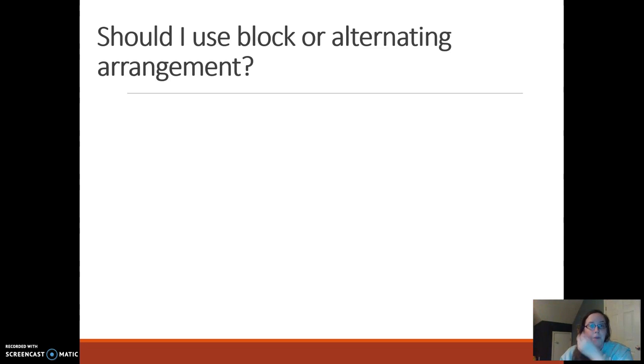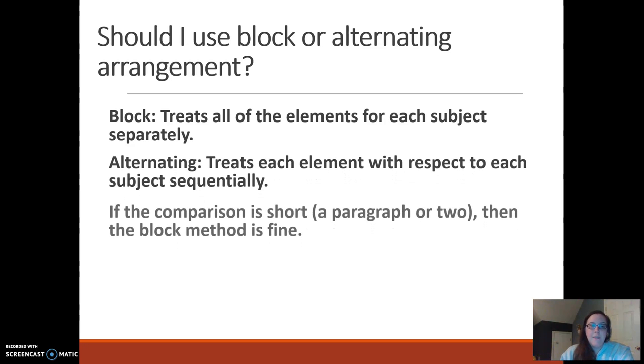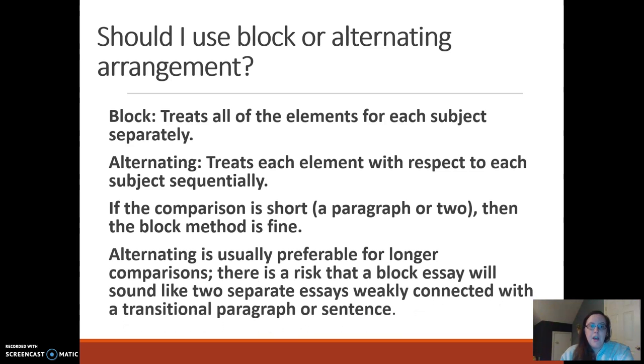Alternating arrangement, going back and forth between each one of your focal points with your subject matter, is the better selection most of the time for organizing your essay. The reason I say that is that the block arrangement can sound almost like you just smashed two essays together without actually comparing and